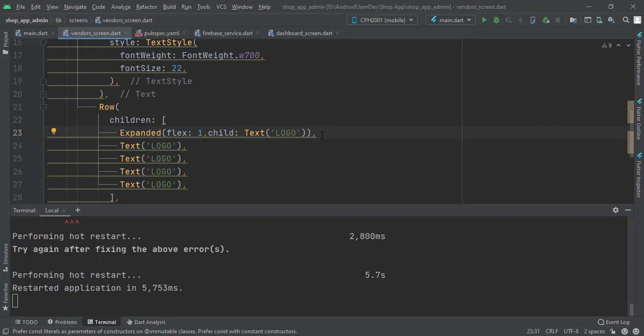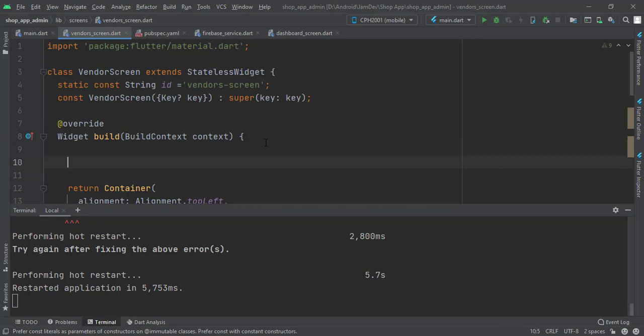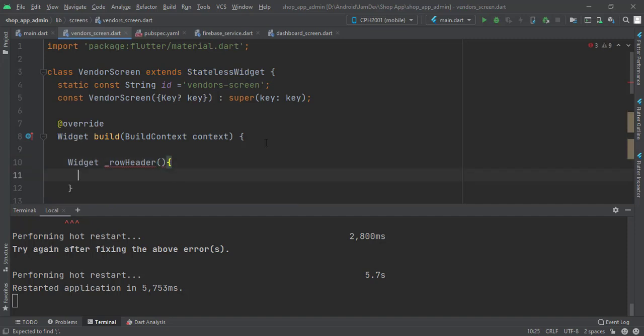We actually need all these details in all these fields, right? So we even need to give a border, all those things. So that's why we will create a custom widget here. Row header. In that it will return this expanded text widget. In the text widget we